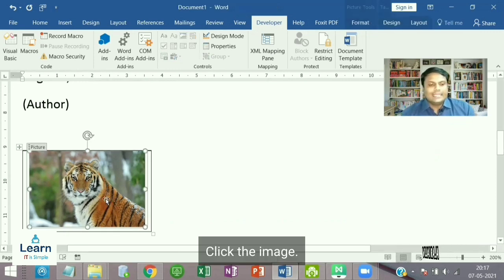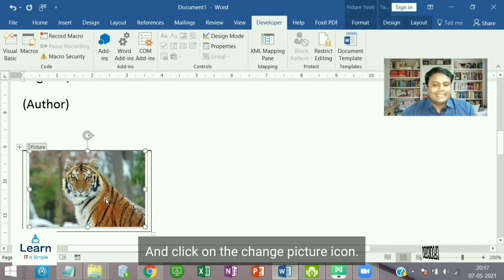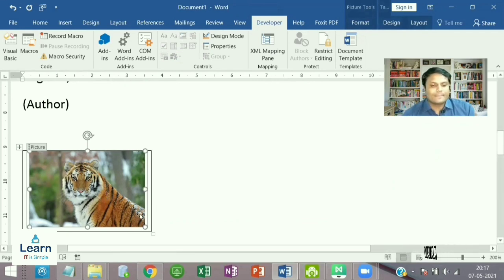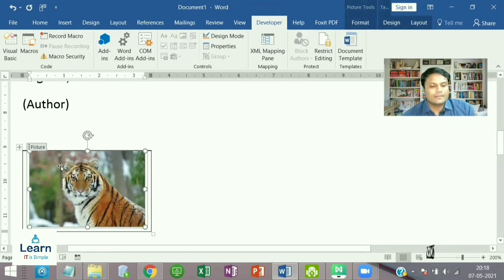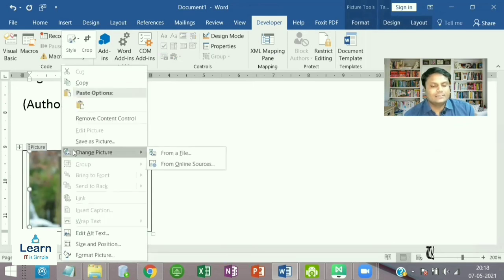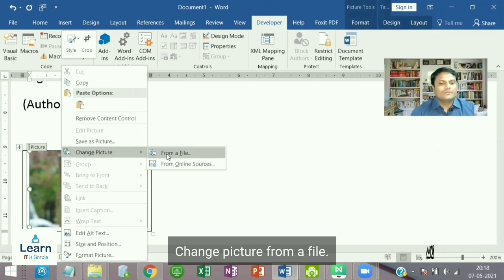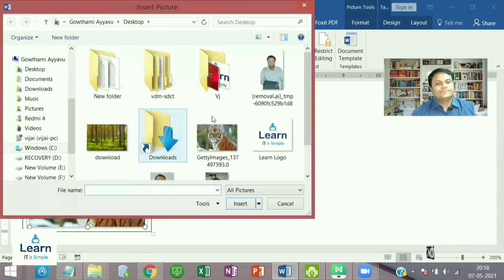So click the image and click on the change picture icon. Right click, change picture from file.